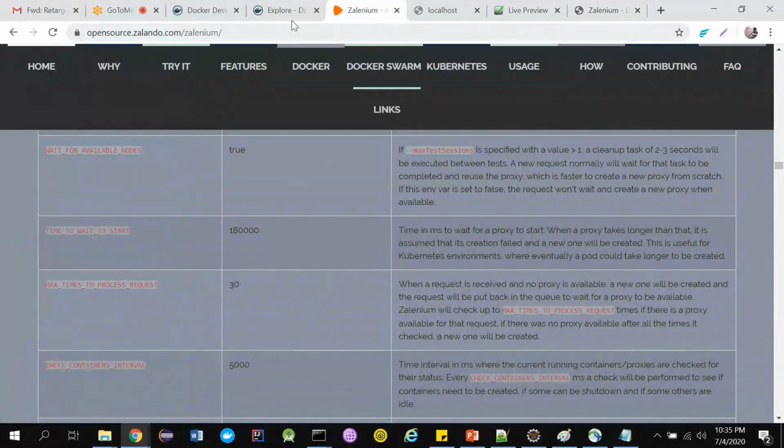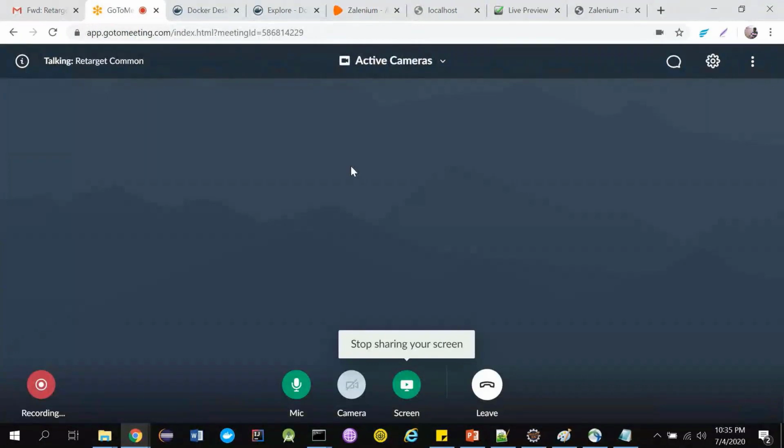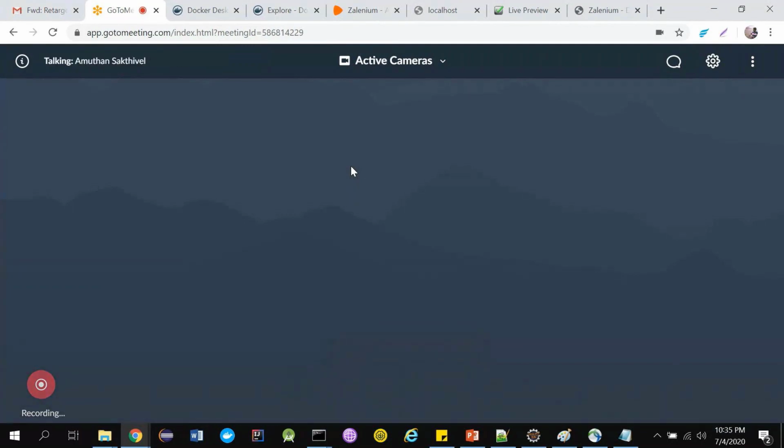Amuthan, did you ask about the default VNC password? The default password is secret. I'm not a big fan of using the VNC viewer to view the execution, and I don't want to cover that. If I had covered that, I would not have had time to cover Selenium. Beginners generally use VNC, and when you install, it will ask you for the password. The default password is secret. But if you really want to use a VNC viewer, you can still export a port and use secret to access and view the test execution.